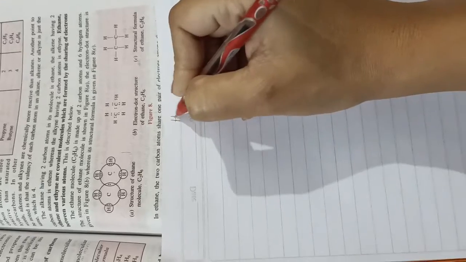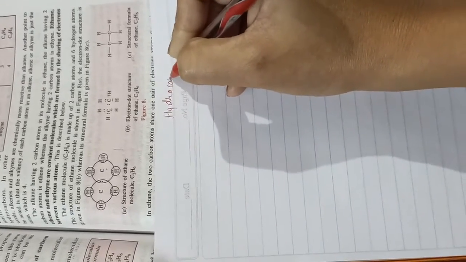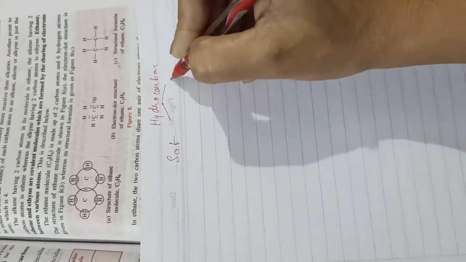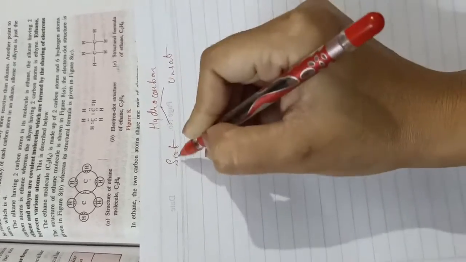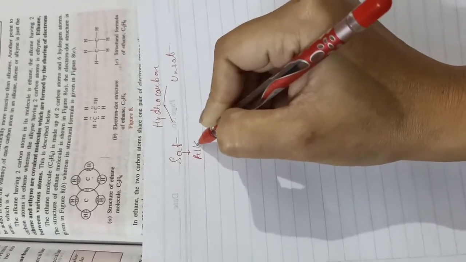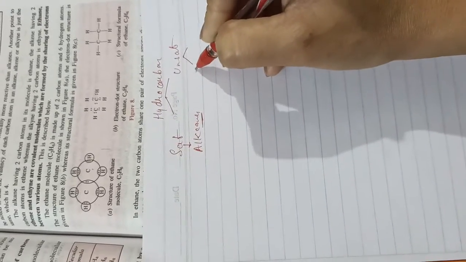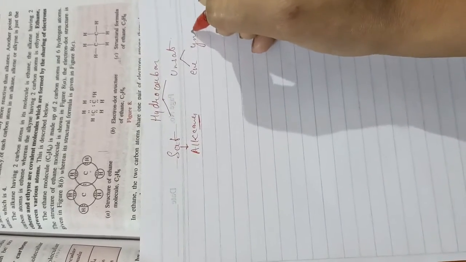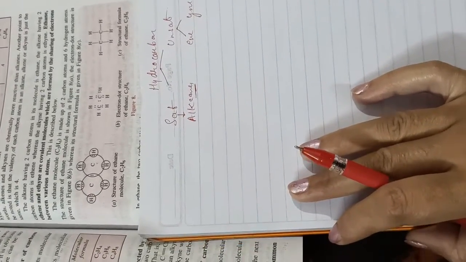On that day, we completed saturated and unsaturated hydrocarbons, and we are now talking about naming, IUPAC nomenclature. Before starting IUPAC nomenclature, I will tell you that hydrocarbons are of two types: one is saturated, the second is unsaturated. In saturated, alkanes come, meaning "ane" names come. In unsaturated, "ene" and "yne" come. Let's see one example here.